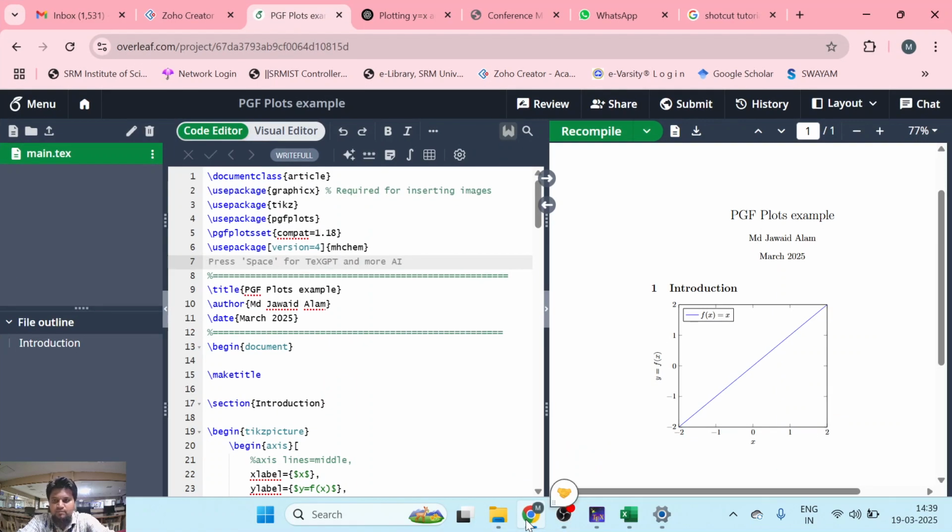Okay, welcome back. Today we are going to discuss PGF plots. Okay, so these PGF plots are a really very powerful tool in LaTeX. You can plot graphs, if you have data, using that, and also you can embed your graphs directly into your